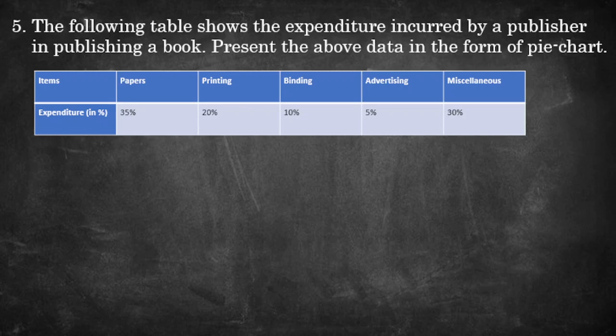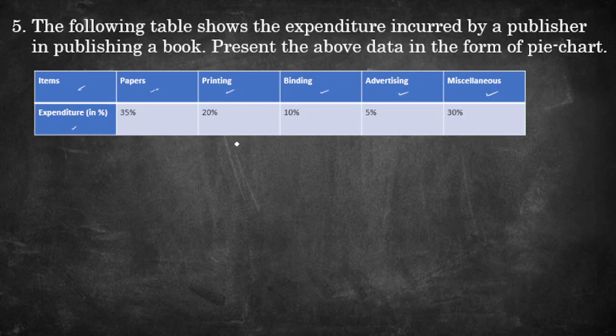Yes, next question says the following table shows the expenditure incurred by a publisher in publishing a book. Present the above data in the form of pie chart. Okay, so here these items and expenditures are given in percentage. Paper 35%, printing 20%, binding 10%, advertisement 5%, and miscellaneous 30%. Okay, we need to draw pie chart, and as you know that before drawing pie chart